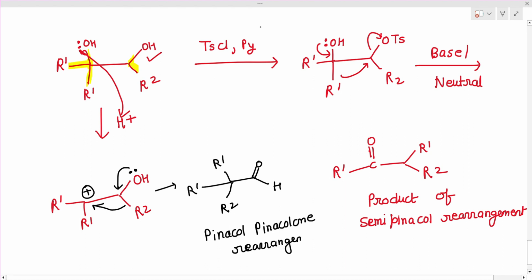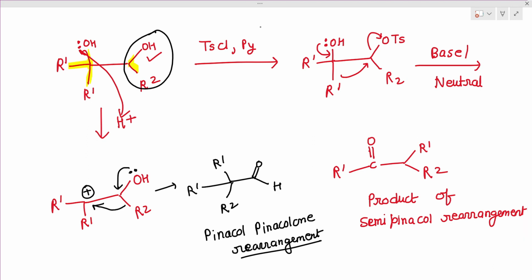Now you can understand that in the semi-Pinacol rearrangement, the less hindered OH group is being attacked. Okay, but in Pinacol pinacolone rearrangement, more hindered OH group is being attacked because we have to get more stable carbocation. So two different types of products we are getting in Pinacol pinacolone rearrangement and semi-Pinacol rearrangement. This is the basic difference that you should know. So you should have to clearly see which reagent you have given, okay, and then you have to do the whole reaction. Okay, I think now the whole concept will be clear in your mind,